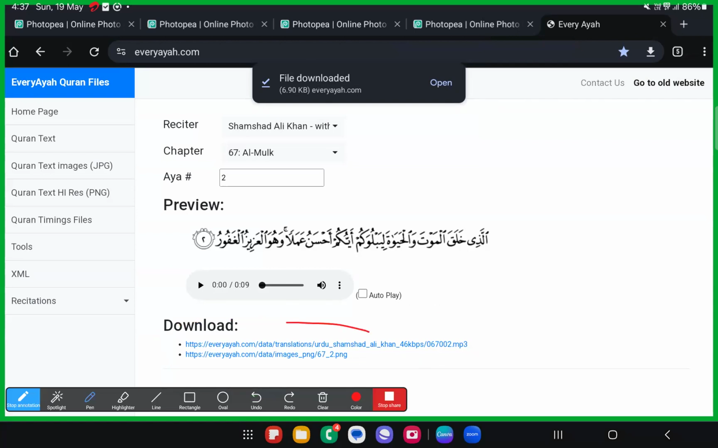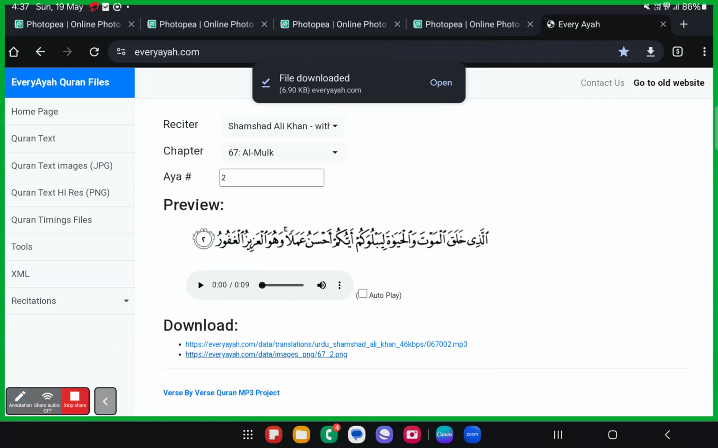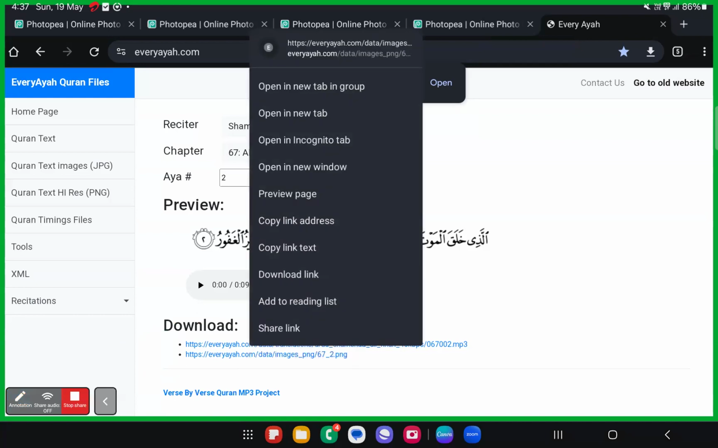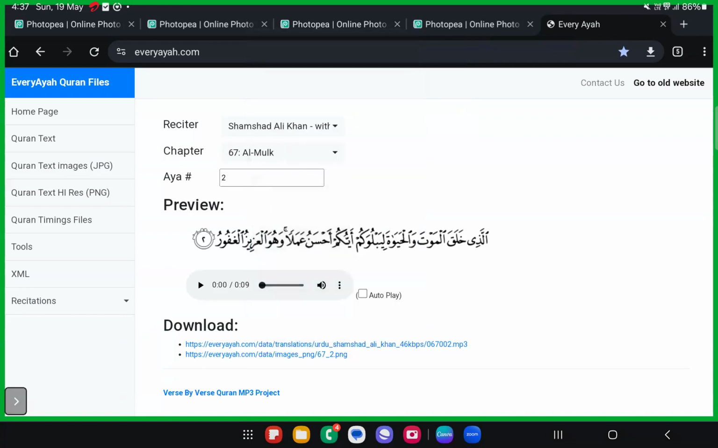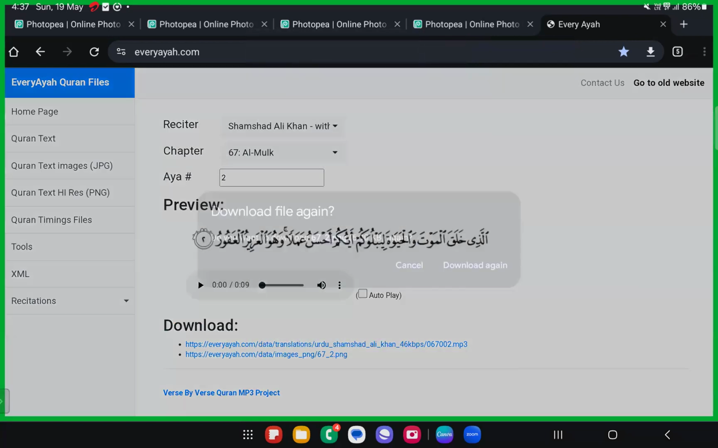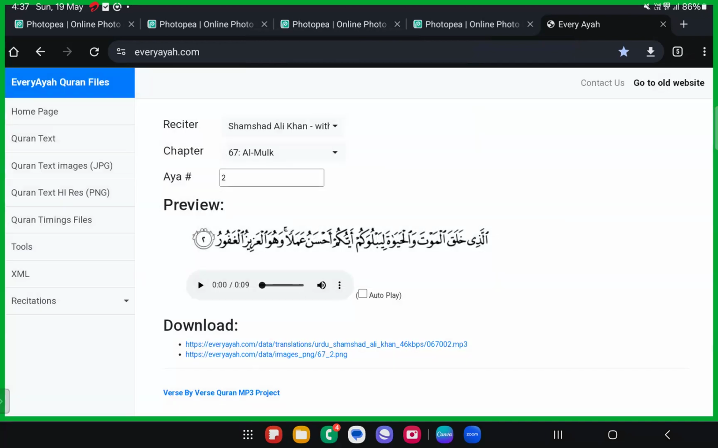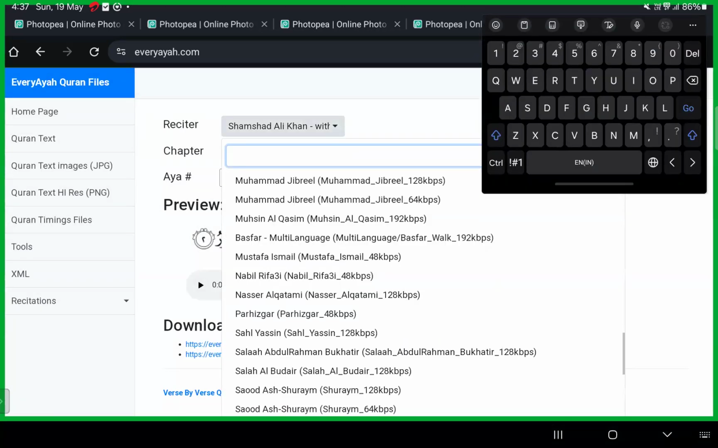Okay, click on this part, press on it tightly, and then click on the download link or download image. Right, download image, done. So now if you want to download the qirat, the ayah qirat, the mp3, you just have to go and click on whatever